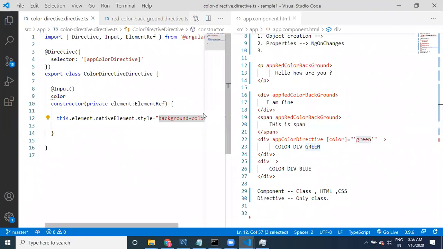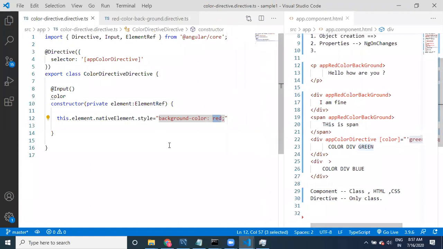Okay, so how can we apply the value here? Now the color I'm going to provide. This is a dynamic value.